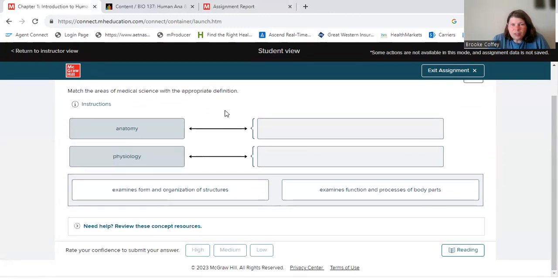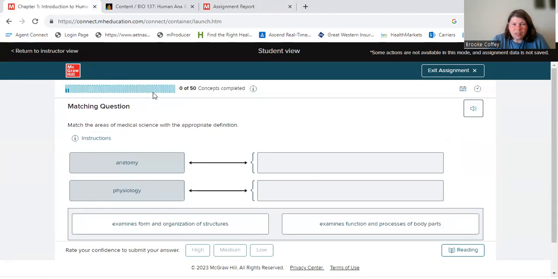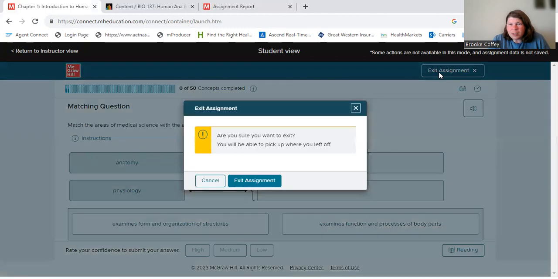Now, the reason I'm showing you this is a couple of reasons, actually. So the first thing is I want you to see how these completions work. I want you to know that you can click on reading and it will highlight the answer for you. And also, I want you to understand that it can be a simplified process. So when you're doing this, you can go straight to the questions, make sure you complete those. And then as you encounter other assignments, go back into the book and review these concepts. So I'm going to go ahead and exit this assignment.